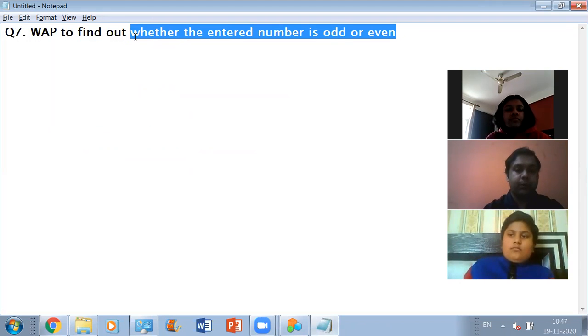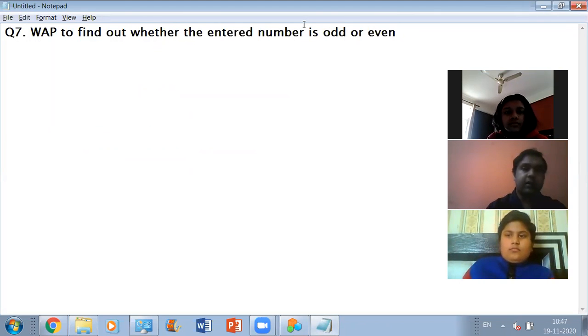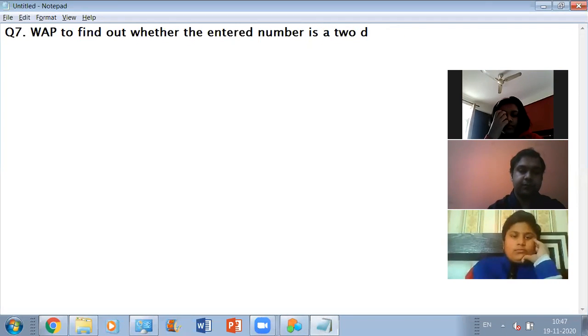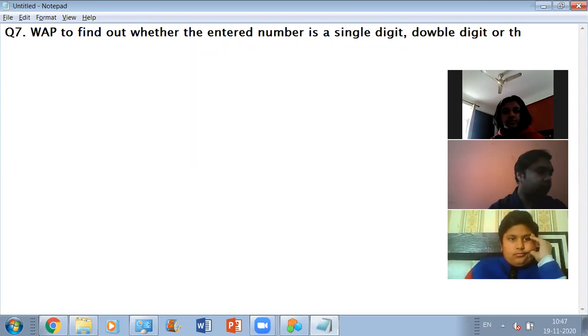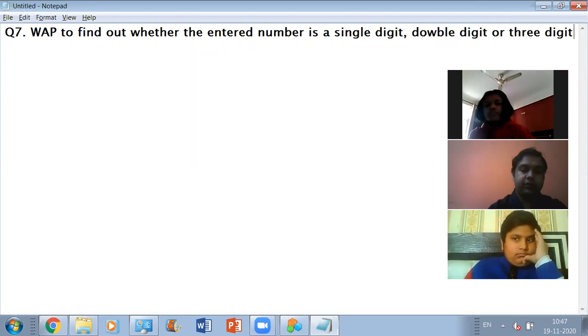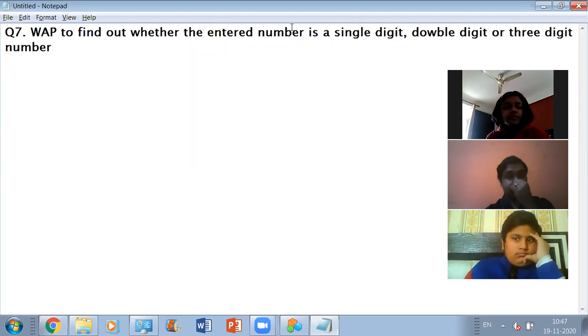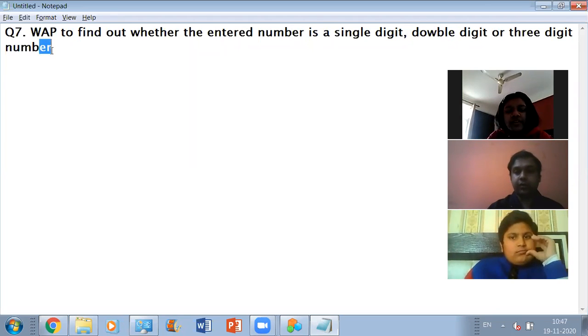We have to find out whether the entered number is a single digit, double digit, or 3-digit number. So this is the question for which we need to write the program.